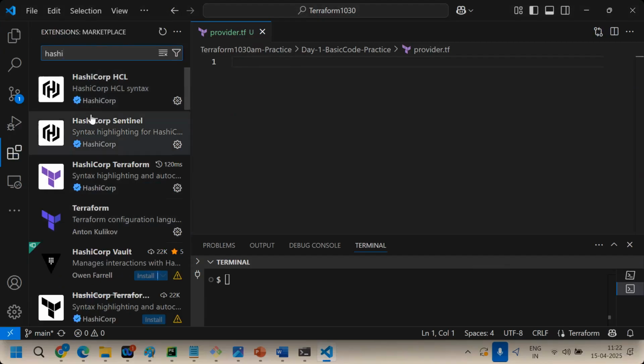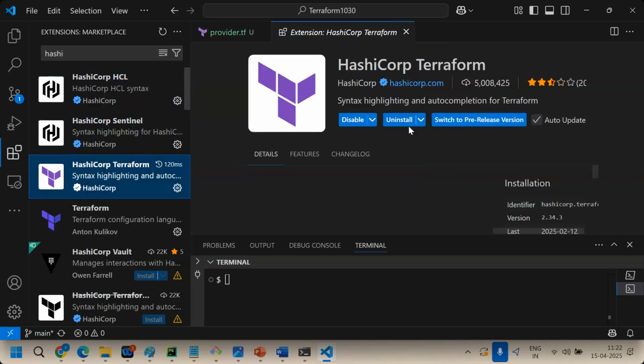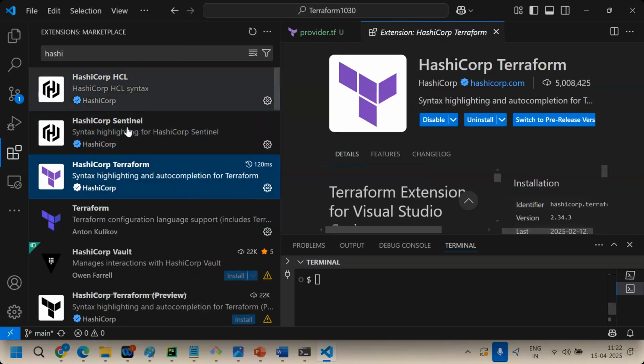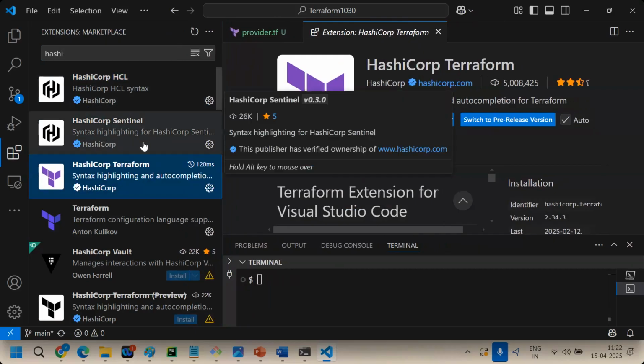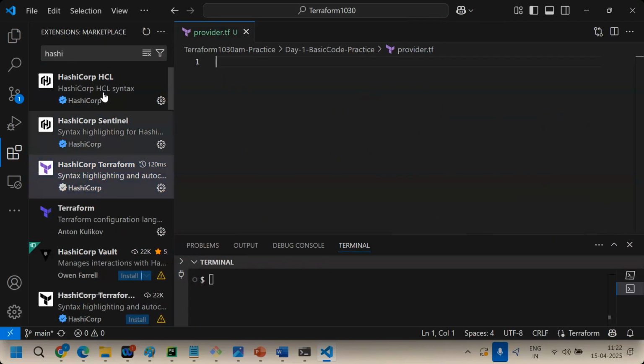Install these three: HashiCorp Sentinel, HashiCorp HCL, HashiCorp Terraform. Install means click on this. Mine shows uninstall, so let me uninstall and install again. They help with automatic syntax highlighting, syntax correction and all.